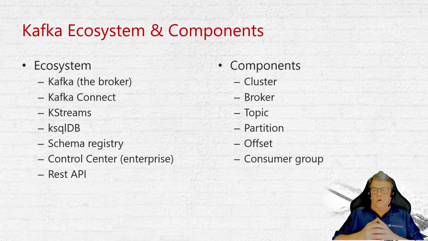We have offsets. So, as I said before, Kafka is essentially a commit log. Records, events are being published into this log and are available from an offset. So you're reading a message from offset 0, you're reading a message from offset whatever. Finally, consumer groups is the way that we are consuming from Kafka, from topics. And I'll mention that briefly in a little bit.